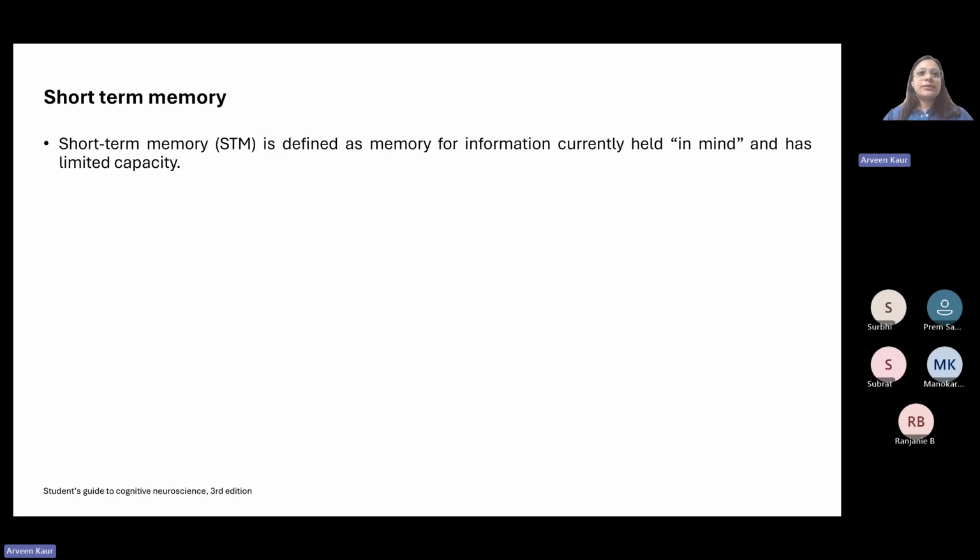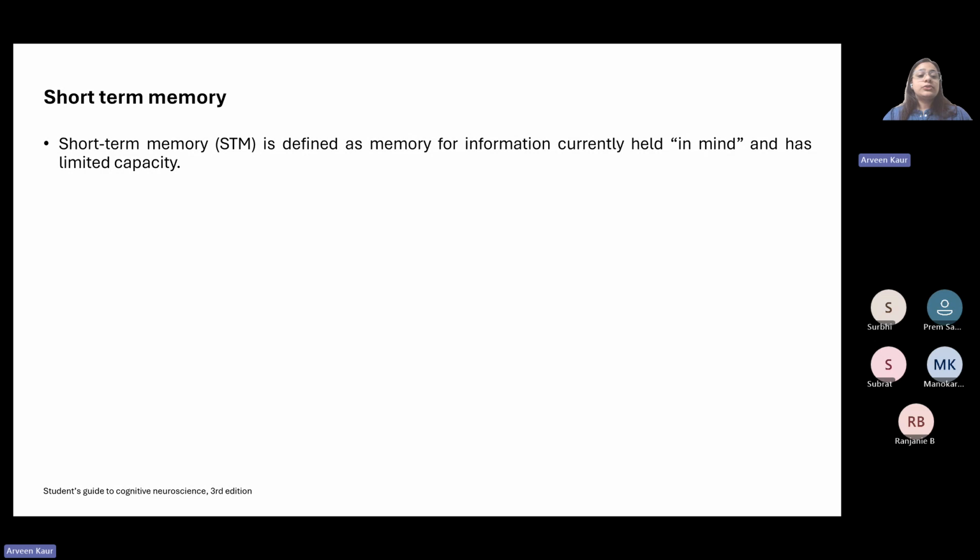Briefly speaking, short-term memory is not what we generally think, right? That, oh, today in the afternoon I met somebody, and for now I remember who that person is, and this is short-term memory. And because I also met somebody who I have known for 10 years, and I still remember that person, that is long-term memory. So it is not dependent on the time. Like if 15 minutes back I met somebody and I remember who that person is, that is not short-term memory, right? Short-term memory is another term for working memory only, right?